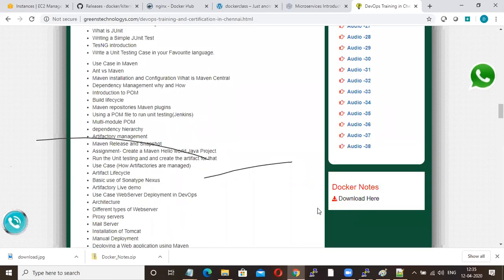Here you will find it. Do like this. Clear? Because we want to keep it like this so that it will be very easy for everyone.